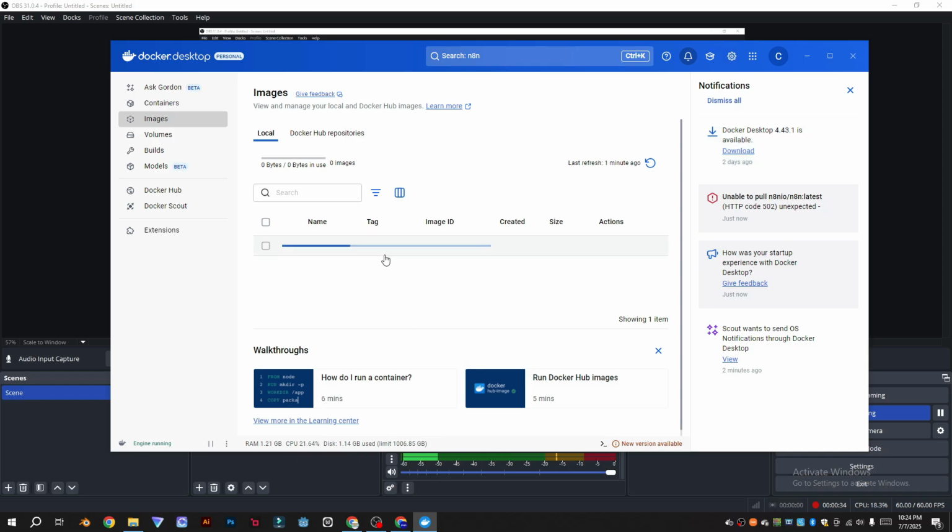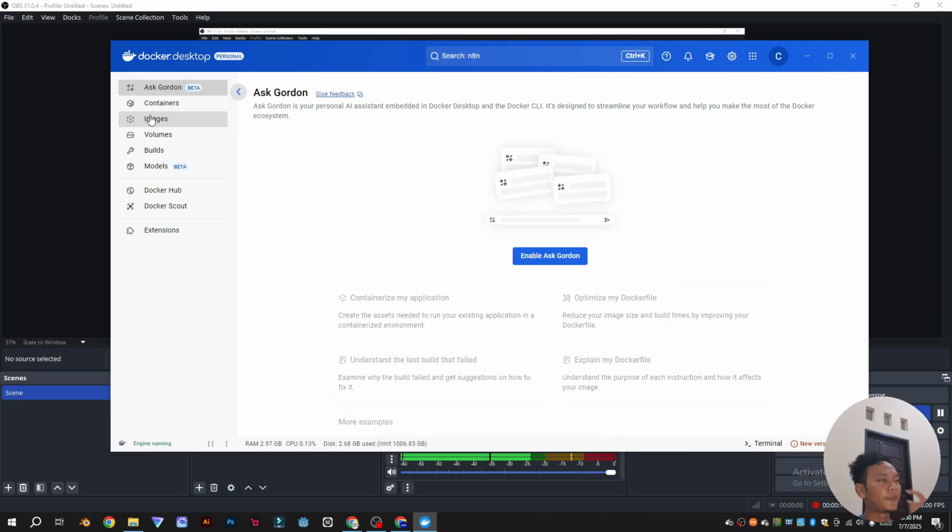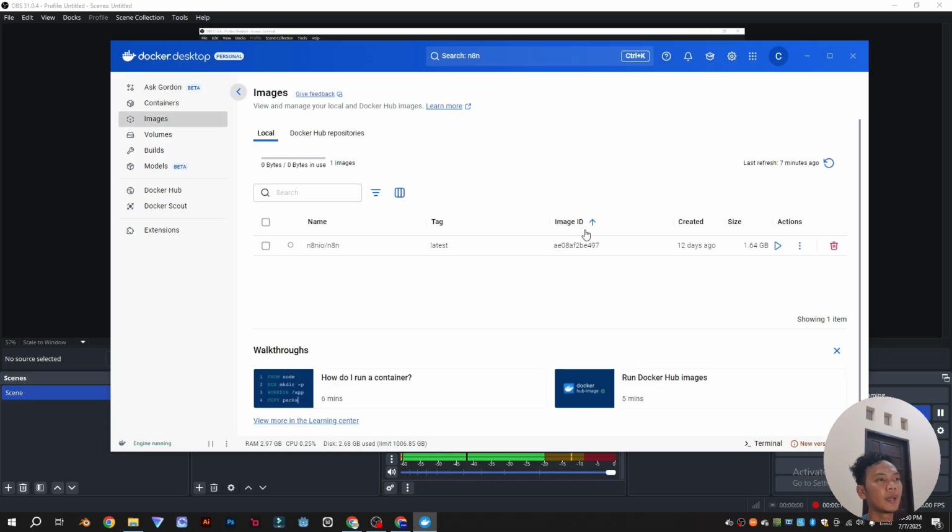Then let them process it. After we finish the installation, we can go to the image. Then there is n8n, and again it is finished installing. Okay, for ngrok,